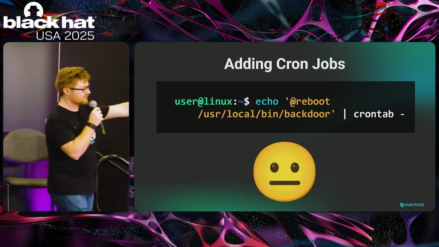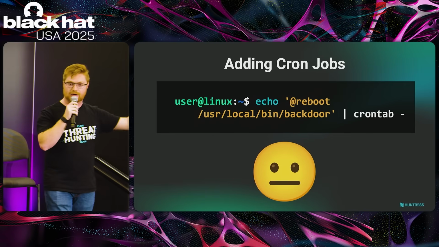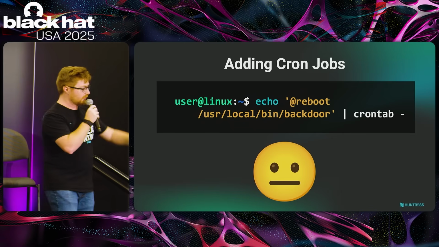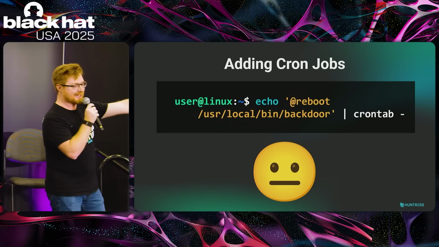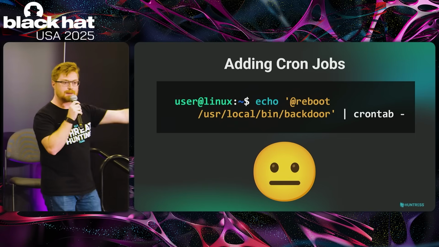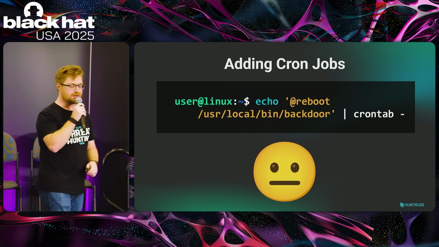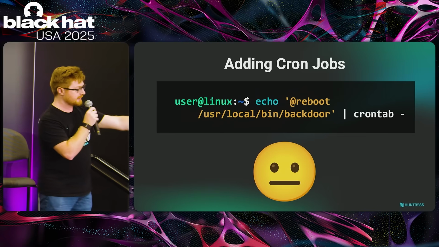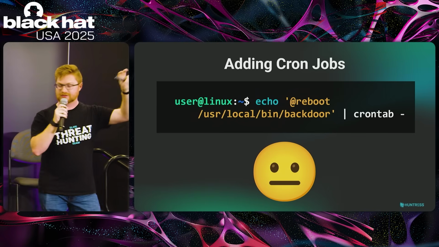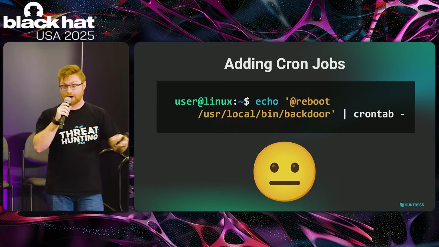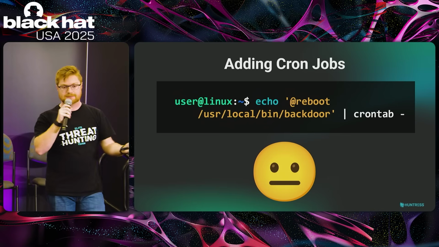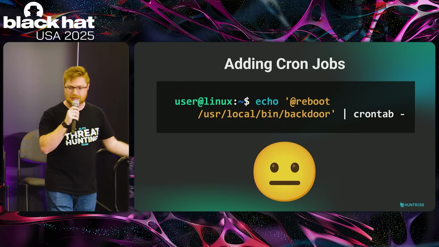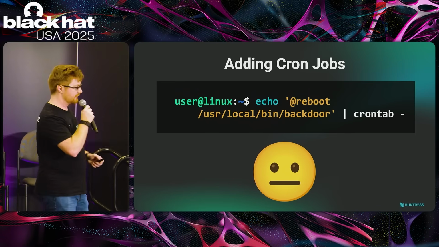But you could toggle this not to be a specific time of day, or every couple of minutes. You could do this on reboot or whatever. So what I'm doing, you might be able to see, is I echo that into a crontab. I pipe it in, so we have that input going into the standard output there. I'm running a binary, /usr/local/bin/backdoor, quote unquote. And that could be whatever. That could be a payload, that could be some other malware, that could be our callback to command and control, blah, blah, blah. Kind of get the gist on that, right?